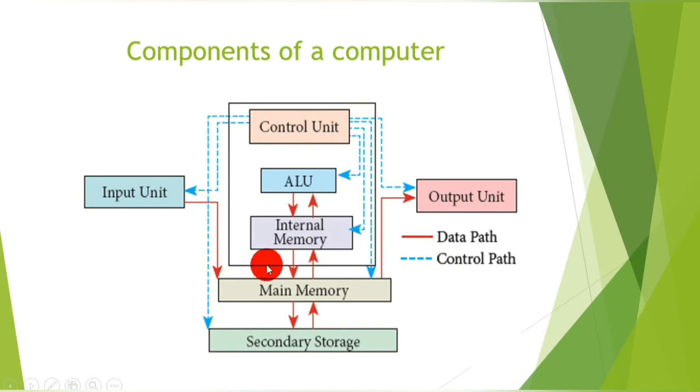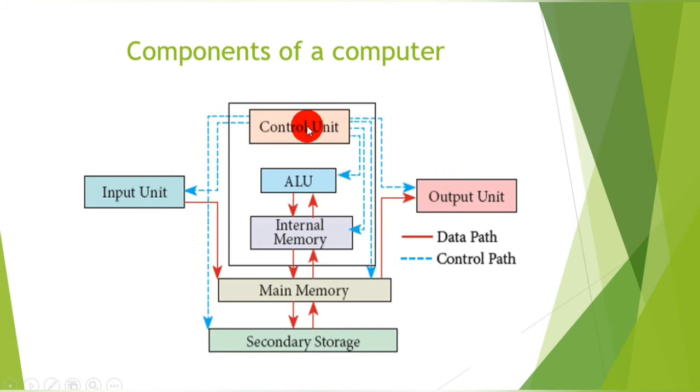If your computer wants to function, the control unit must send signals to the devices. If you want to accept the input, the control unit must send a signal to the input unit. Then only the input unit can function. The control unit is linked to all the devices attached to your computer. You can see the control unit has a link to the input unit as well as the memory unit, ALU, internal memory, main memory and output unit.